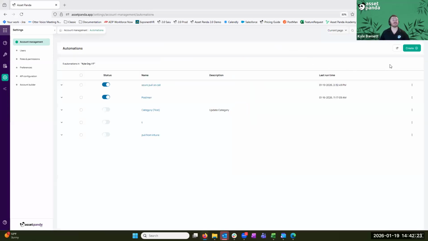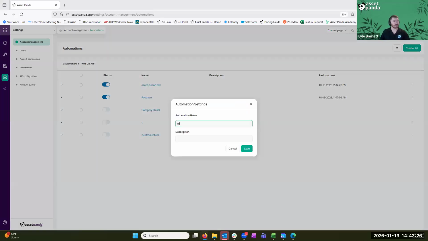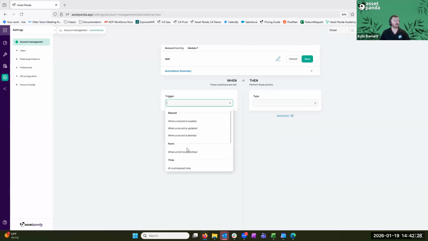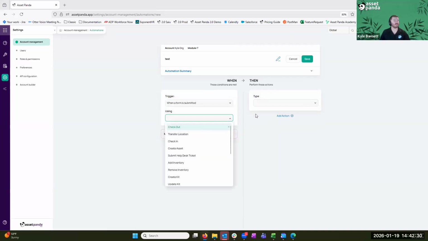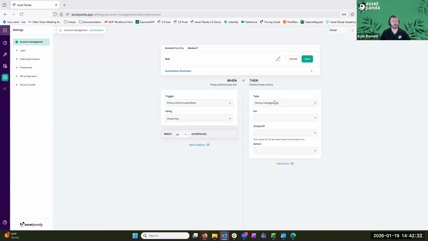Now we can also do another type of automation, which here is going to be what we call a device management automation. And what that means is when I run that form or that specialized workflow, then under the Intune integration, I can go ahead and utilize that integration to update those assets. So I need to select my unique value, but I can go ahead, lock, wipe, retire, or delete automatically by running that special workflow. So let's say, for example, I have a disposed workflow.